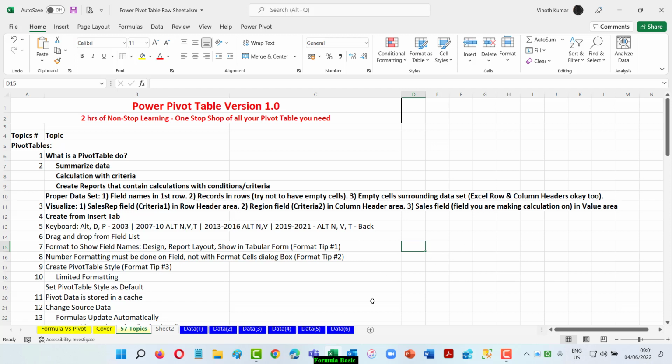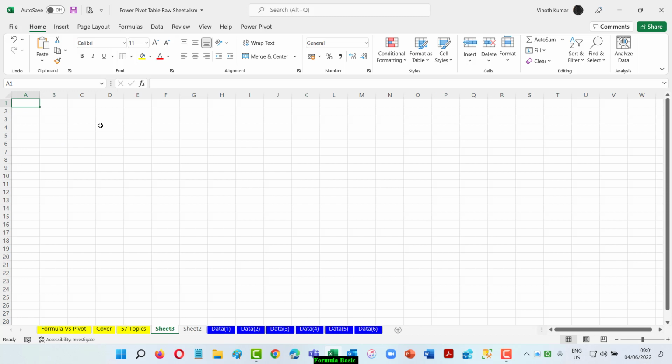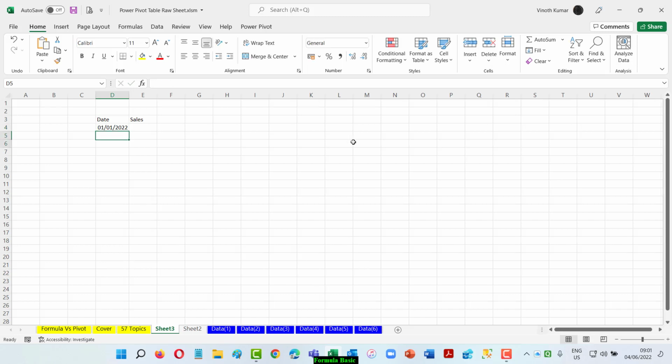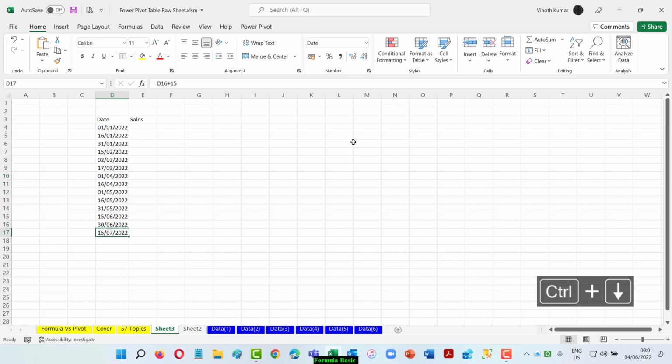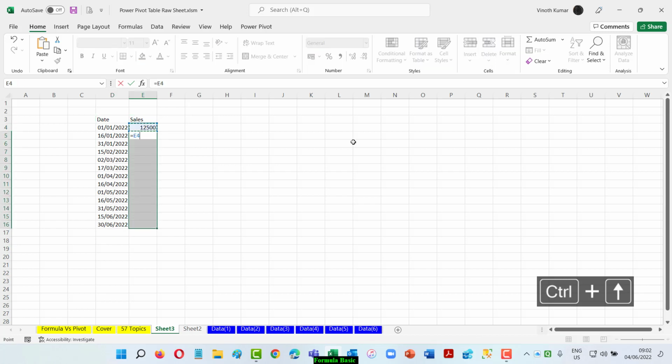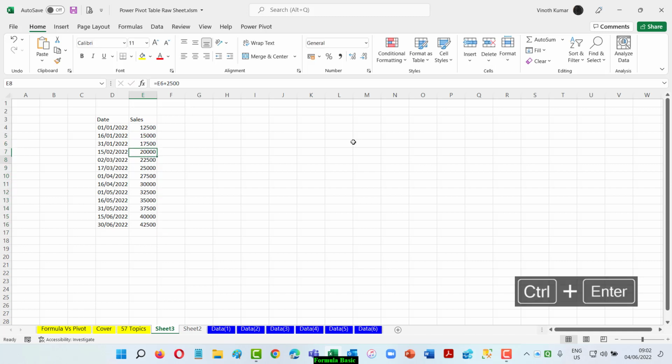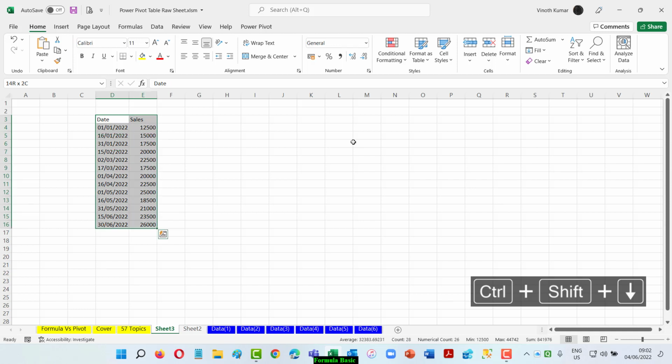Let me add a new sheet for us, and then I'm going to create new data here. Normally, I'll just start with data, and I'm keeping the data as simple as possible. I'm going to say 1122, and then I'm adding 15 days for this until June, and then I'm adding some dummy values here, and to make the data look a little realistic, I'm just changing numbers. So now I've got a table here, and our golden rules of